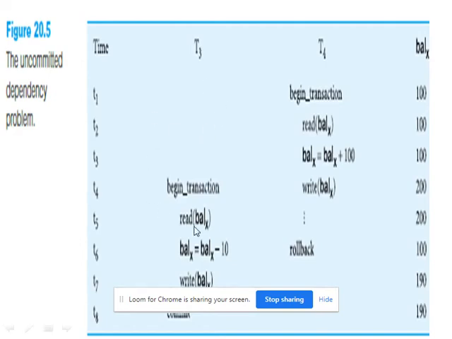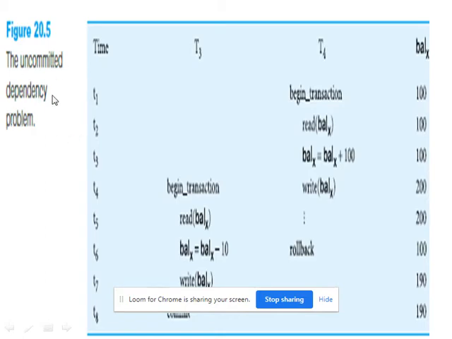The dirty read problem is avoided by preventing T3 from reading the balance of X until the completion of the T4 transaction, either commit or roll back. So T3 should wait till T4 completes, preventing T3 from reading the balance X until the completion of T4, either commit or abort. By that we can avoid this problem.